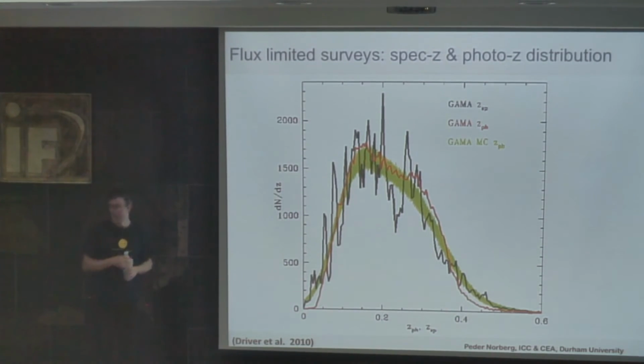If you want, you can go back to one of my redshift cones and just decide, do I look over a small area or a large area? And you can see how much more structures you see in a small area. One last question. No more questions. So, thanks again.